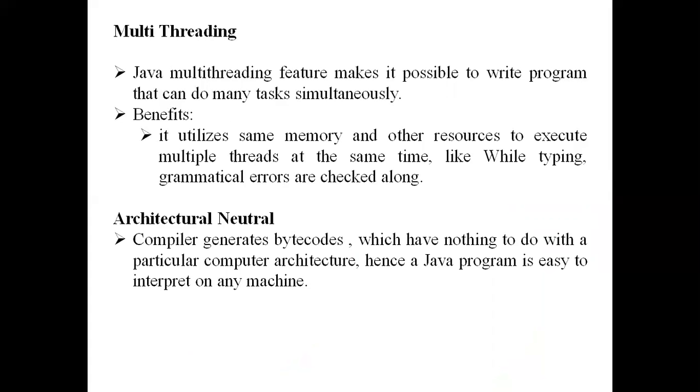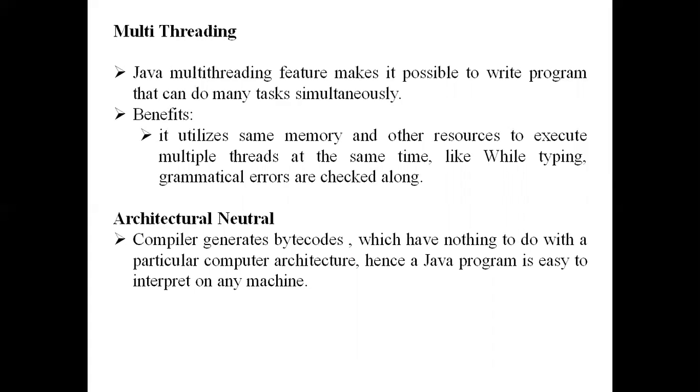Consider typing: compilers may automatically check errors, grammatical errors, and rectify them. So this also comes under a concept called multi-threading. Java provides multi-process synchronization primitives so that programmers are free from worries of providing complex solutions. A few solutions are covered with the concept of multi-threading, where it will create a thread for a particular